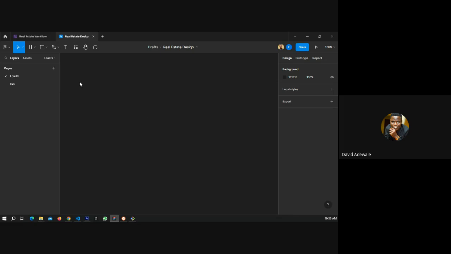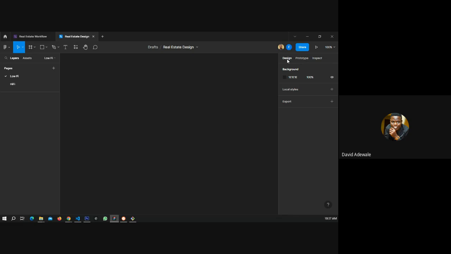So remember I told you frames are the main container where our design lies. So in that sense, I can create a frame. When I click on frame, remember I told you the design panel on the right-hand side changes based on whatever frame, whatever object, whatever tool you select. And if you did not select anything, you will always see the default information.